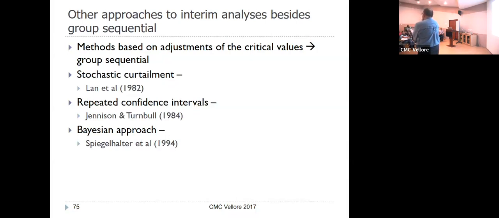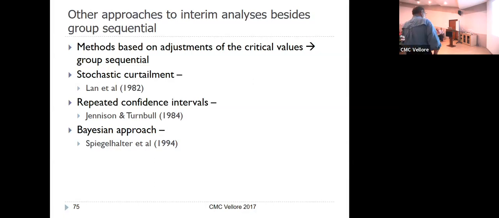The power that I will have at the end, according to my design, is 90%. When I start the study, I have no power. Actually, I have 0.05 because that's my level of significance. You go from 0.05 to your 90% throughout the study as you get more and more data. So you can say, well, I'm here and I have already 85%, then why continue? But if I'm here and I have 40%, then I do want to continue.